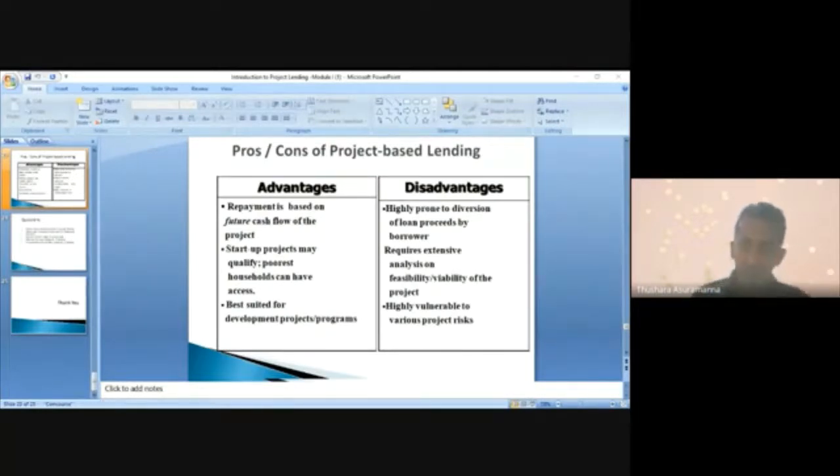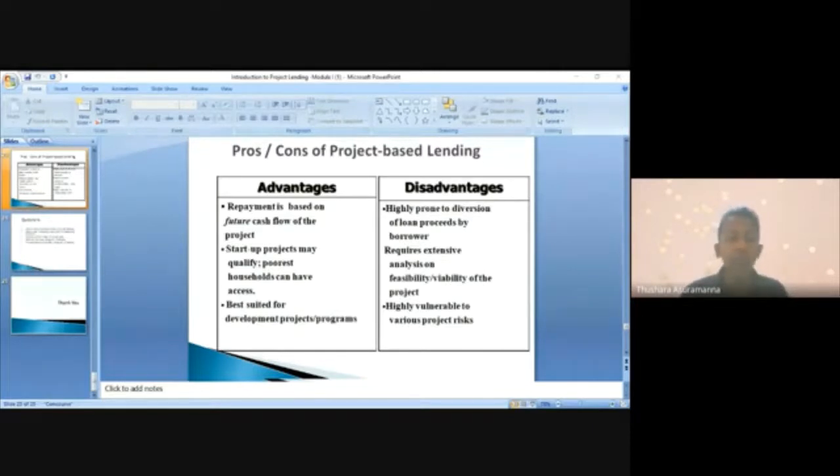So if you are putting up a hotel, if you are putting up another factory, all are futuristic, based on the future. So no more issues with current restrictions. Then number 2, startup projects may qualify. What is that? Like you resigning from the job and starting a new project, new business is qualified under this. Or maybe a micro entrepreneur. Right now they are operating at a very low scale, but they have the potential to go to the next level. Then they benefit.